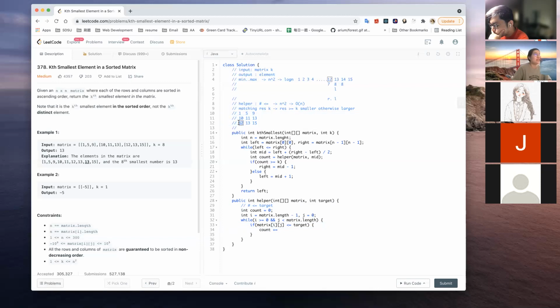So the matrix ij row is I. So there are I plus 1 numbers smaller or equal to this one. So that's why we add I plus 1 here. And then we will go to find if there are other elements greater than this one,